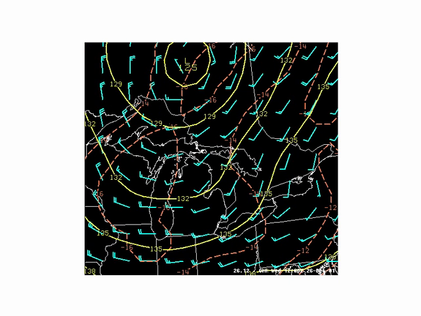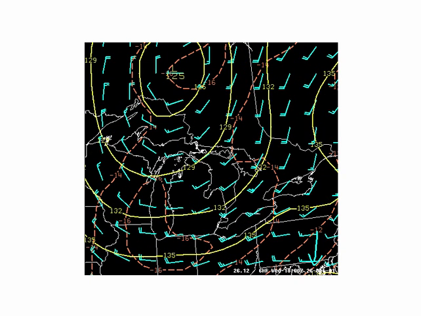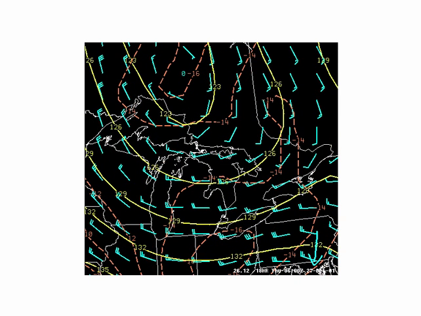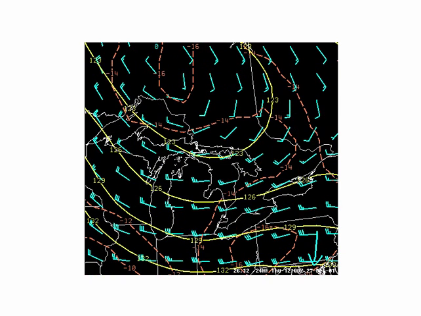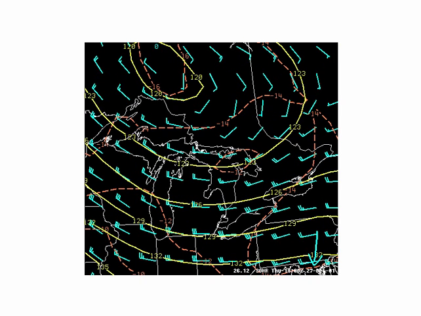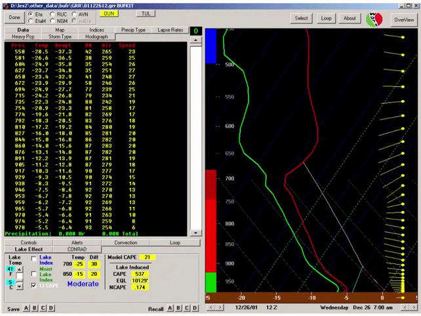We've got the Eta 850 millibar heights, temperature, and winds here. Same forecast time frame, beginning at 12Z on the 26th, and going through the 30-hour time frame, we see that the 850 in this case pretty much reflects what's going on at the surface, and no surprises here. The next thing we want to show is the